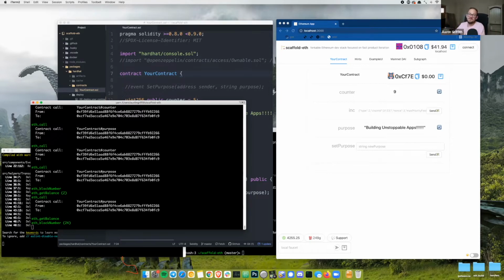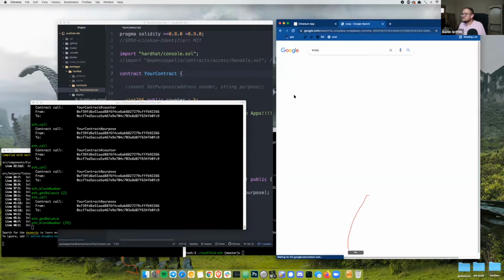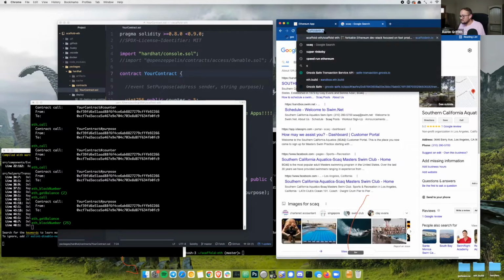You know, you have to do a yarn install. Let's just look at the install real quick. If I Google Scaffold-eth here,